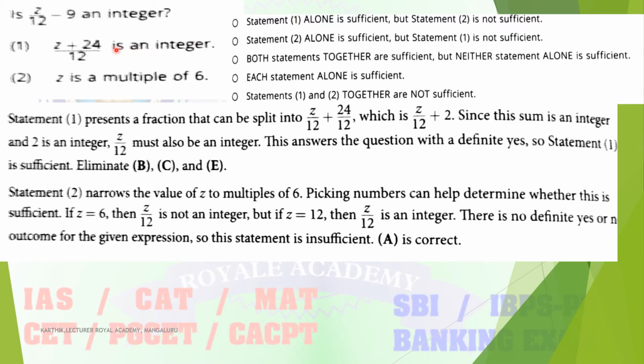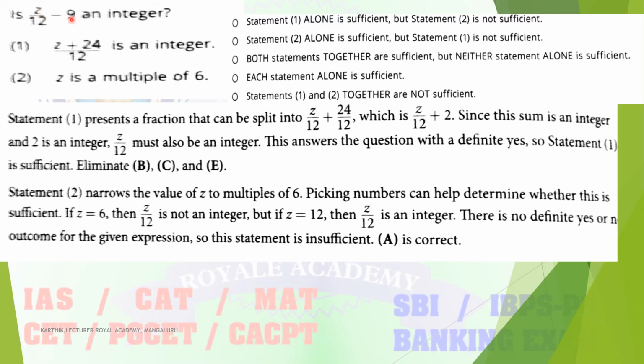If you take z equal to 12, 24, 36, the multiples of 12, then only you will get an integer. So based on that, you can consider z is equal to 12. Then what happens? Then you can answer the question.